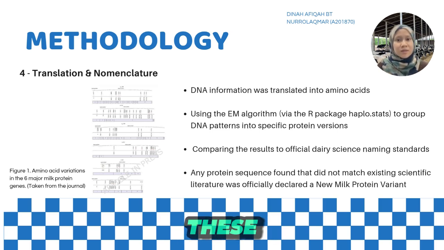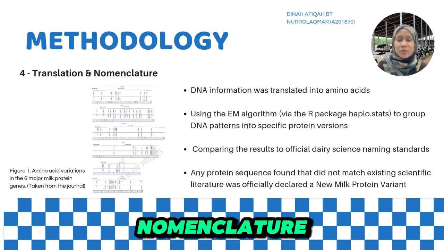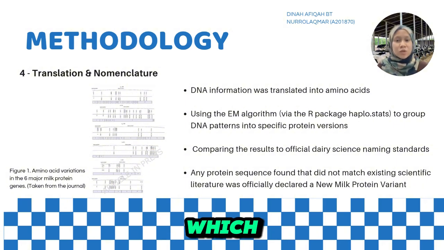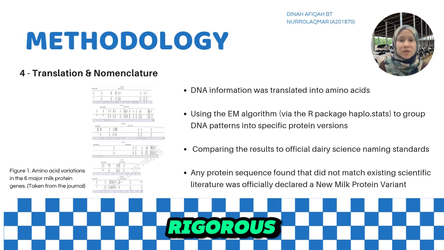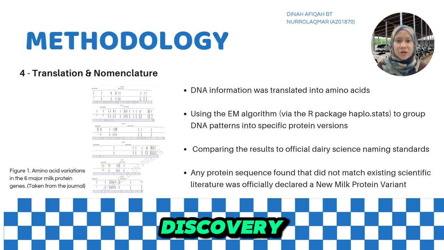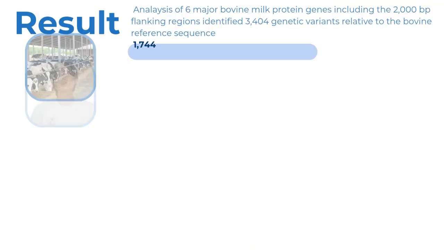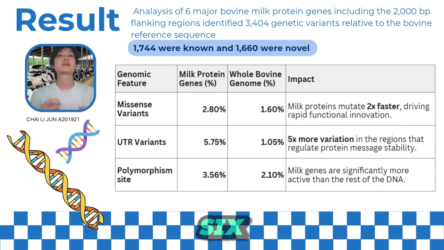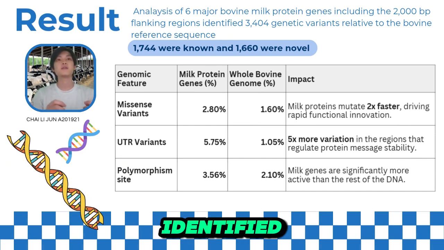By comparing these two official dairy science nomenclatures, they identified which were known and which were entirely new to science. This rigorous four-step approach is what led to the discovery of the 86 novel variants we see in this study. So the study analyzed 6 major milk protein genes and their surrounding regions, and they identified a total of